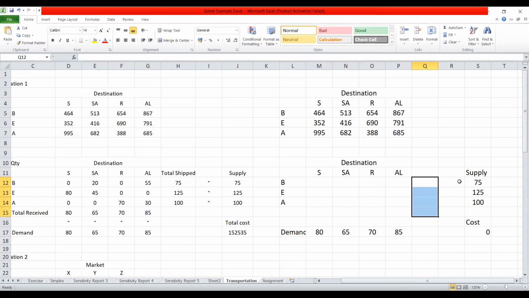Now you can see that this one is already calculated here as well as here. Now you know that under the transportation model, we make sure that all the demand is going to be fulfilled based on the given supply. By looking at this given case, the case is balanced, right? I told you in your lecture series, if it is not balanced, you have to incorporate dummy demand or dummy supply. But in the first example, it is a balanced case. You can see 200 demand as well as 200 supply is given. So this is a balanced transportation problem, and we don't need to include dummy supply or dummy demand.